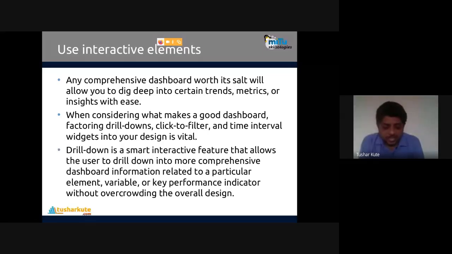Too much crowd, too much complexity in the design is present and available. That should not happen. Interactivity should grow, with maximum information and minimum input. Minimum results, maximum things can be seen. So in a single graph you can also have multiple comparisons. That's also possible. It's choosing a graph, which we have seen previously. It's an important factor while designing dashboards.